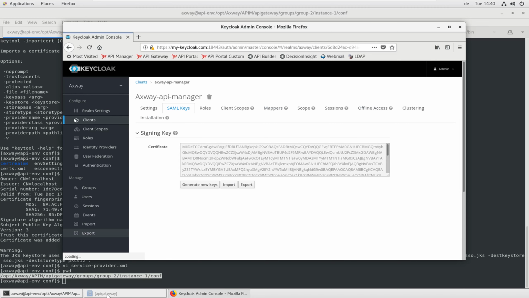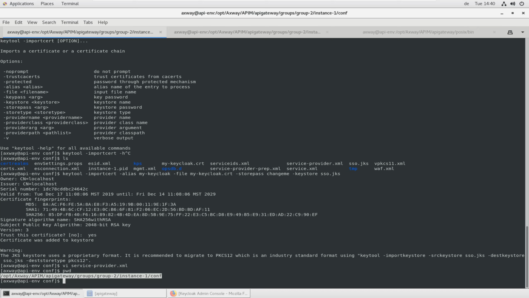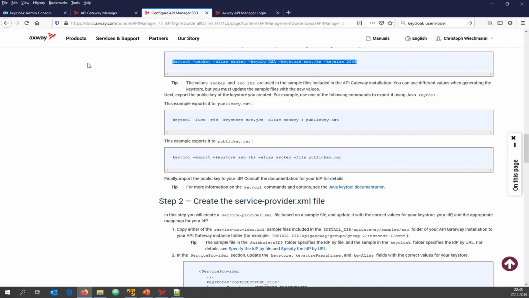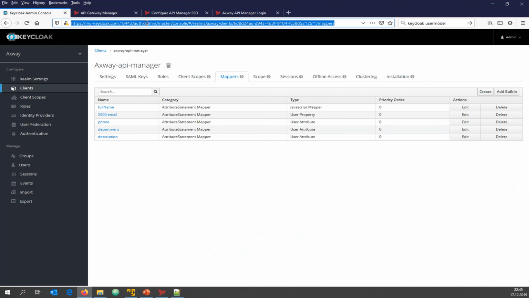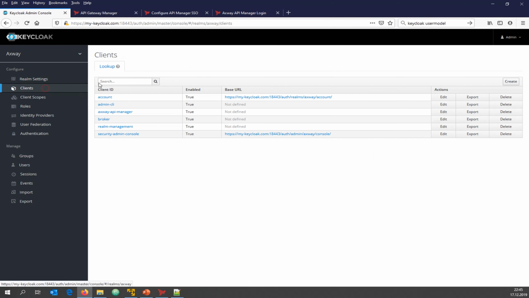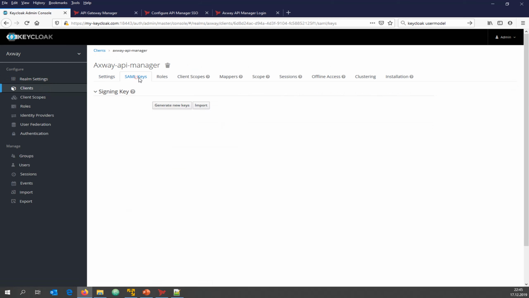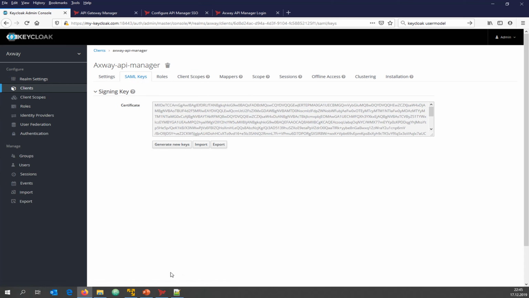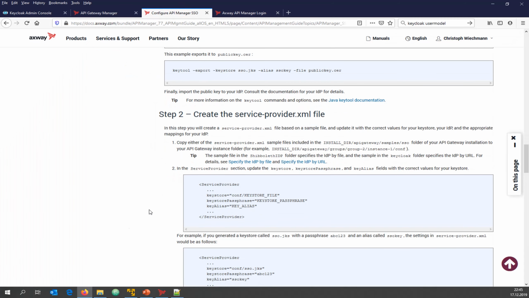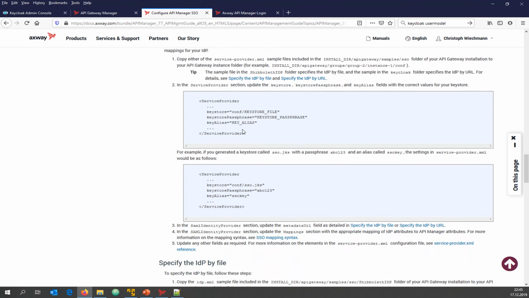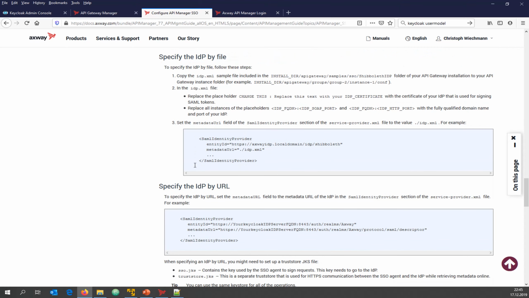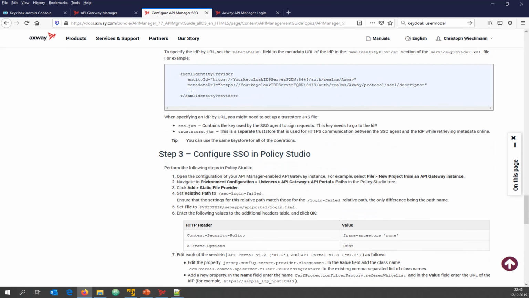I have to be sure to reload the external Keycloak here, just to make sure that we are not overwriting the SAML key again. So that means now this one has the same state. Okay, and now ultimately I would like to turn on single sign-on. We have specified the IDP, we have decided to use it by URL,